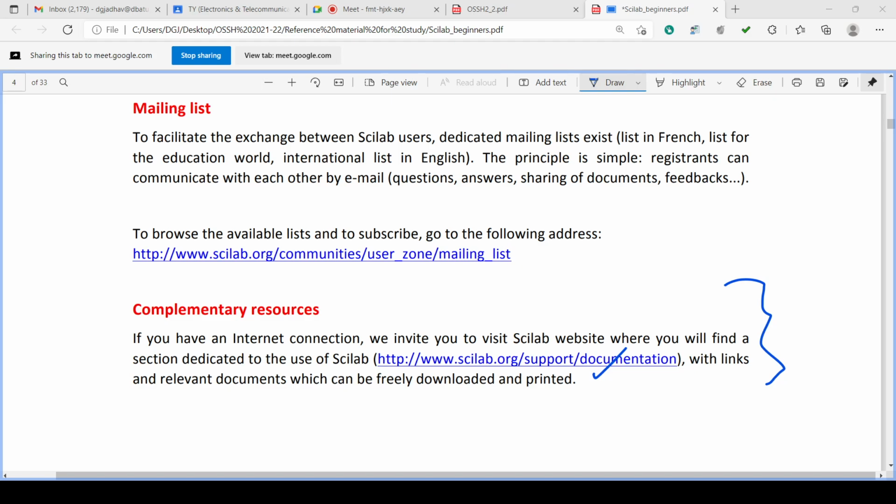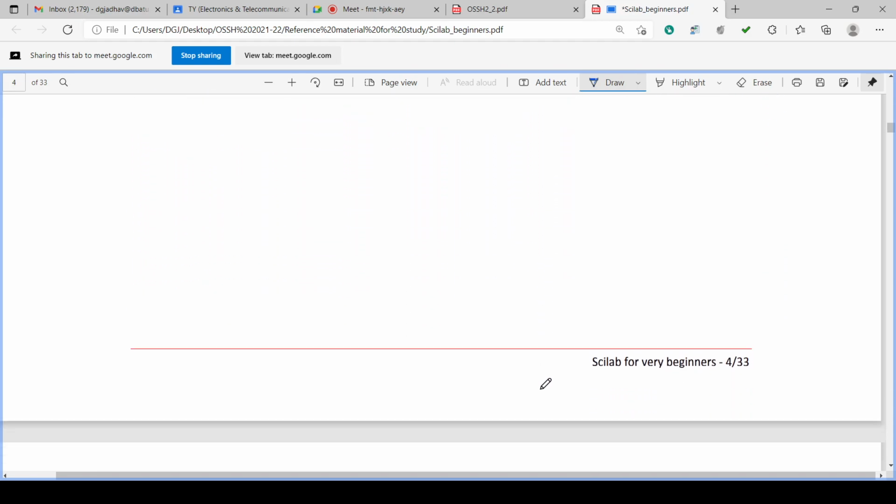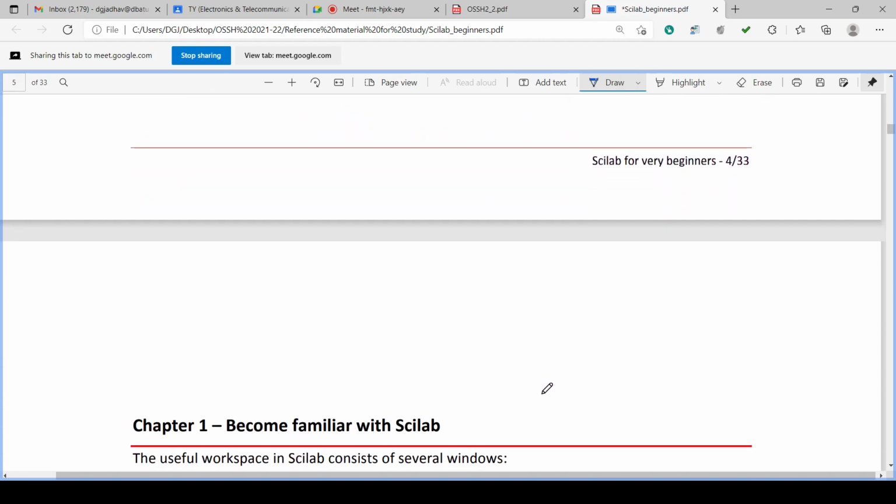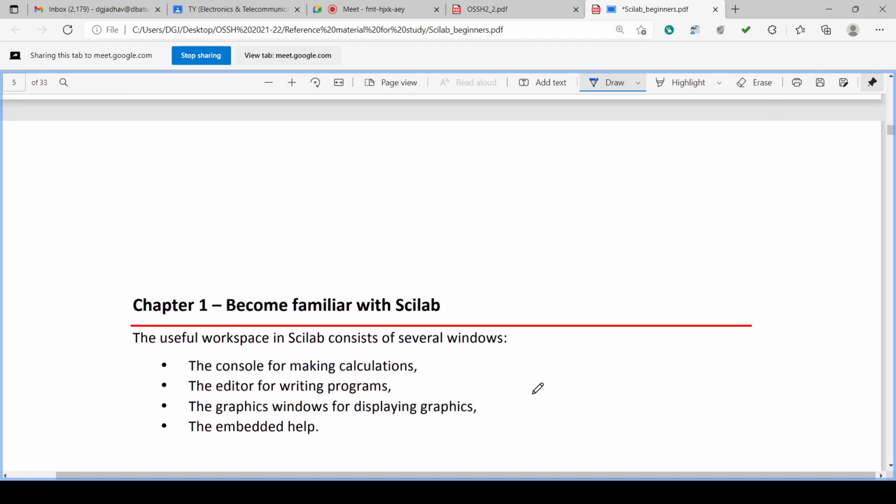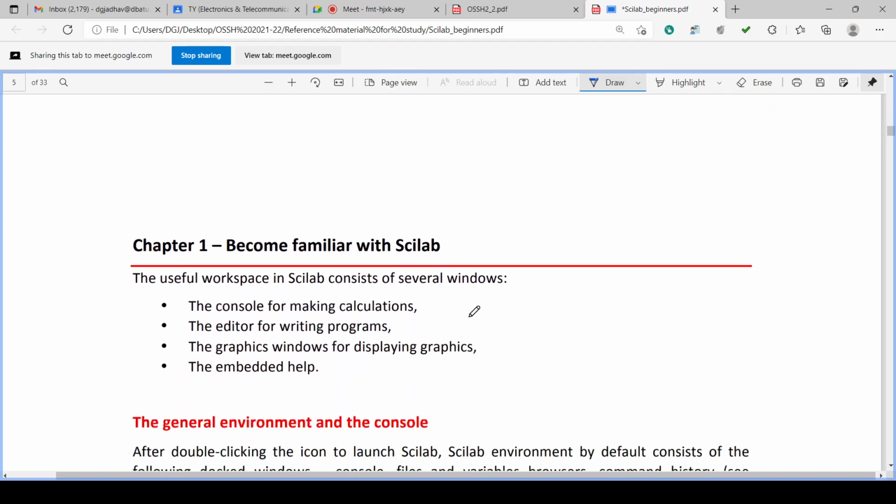So this is to support the users, the programmers of the Scilab. Okay. The support documentation is there, so you can check those. For examination, you can use this documentation we have discussed from this.